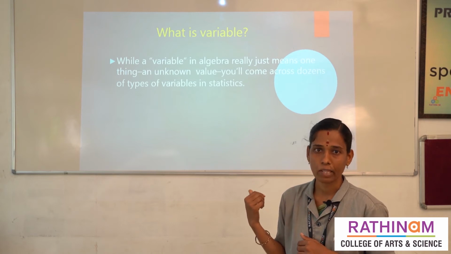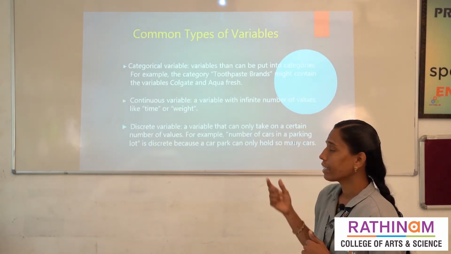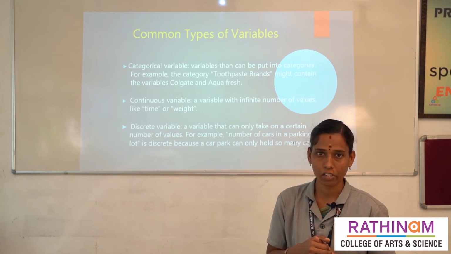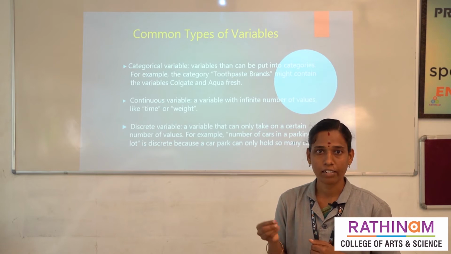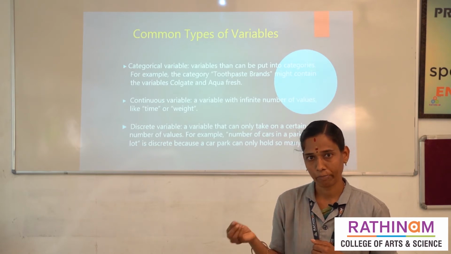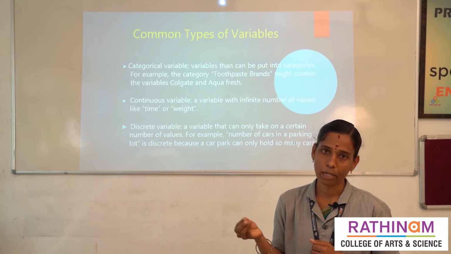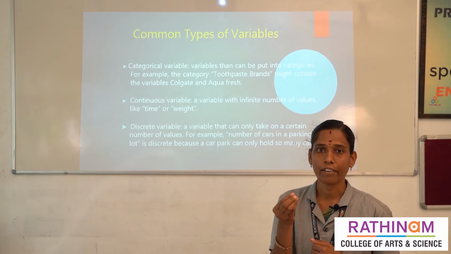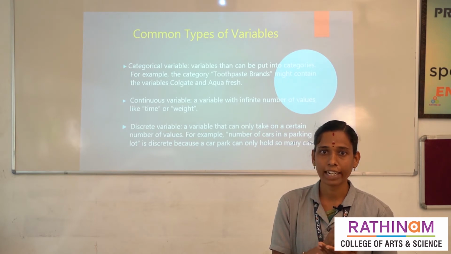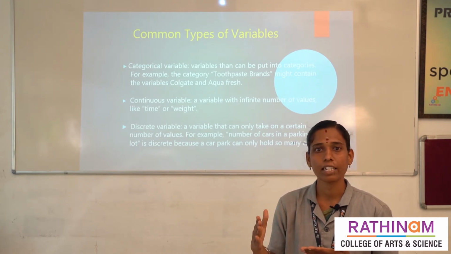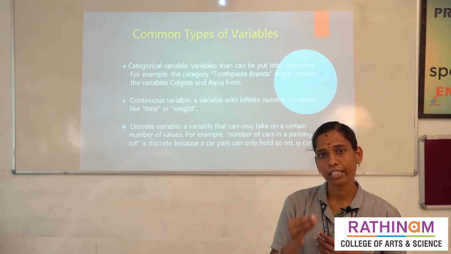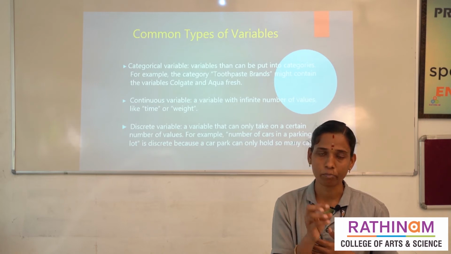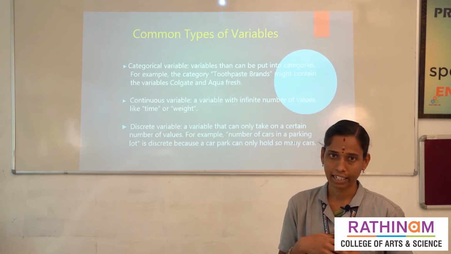So we have types of variables. First one is categorical variable. Categorical variable means, we are going to one shop. In that shop you are buying some paste types. We are using different types of paste. We are purchasing 3 types of pastes. So that's why we are giving that categorical variables. First thing is called Colgate, second thing is called Pepsodent, third thing is called another one. So we are using the different types of variables with the help of the characteristics of those things. So that's why this is called categorical variable.